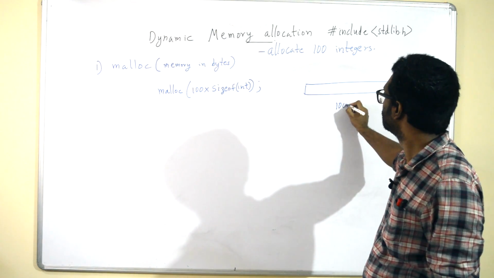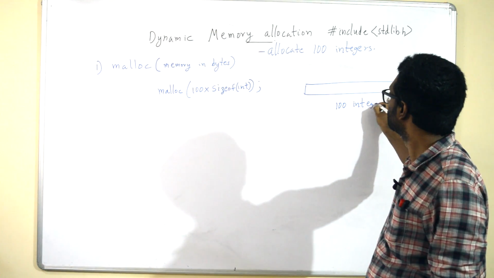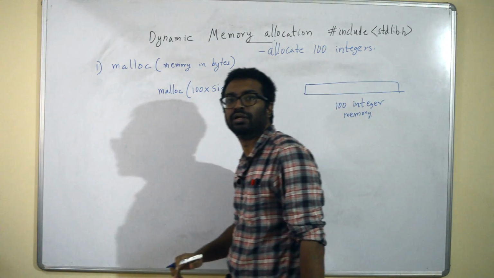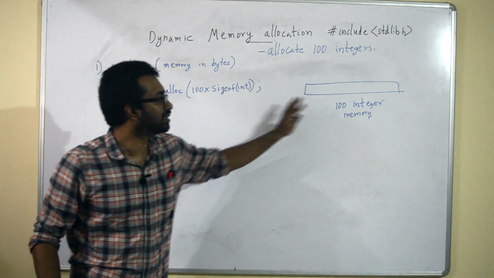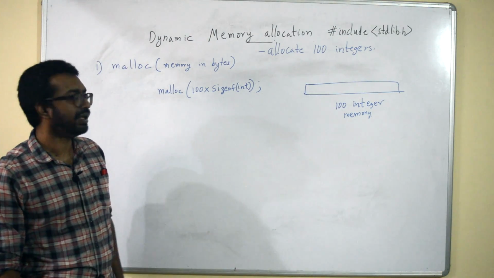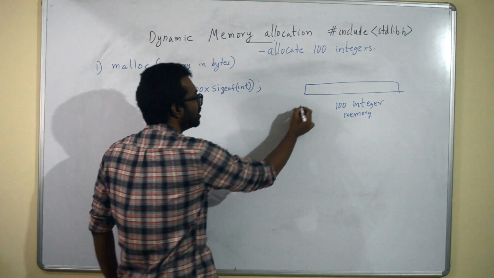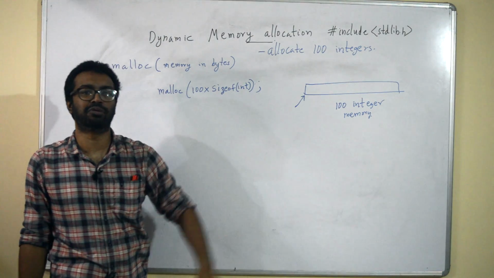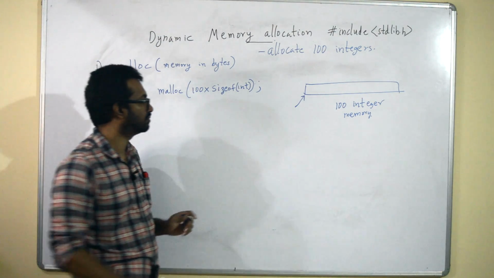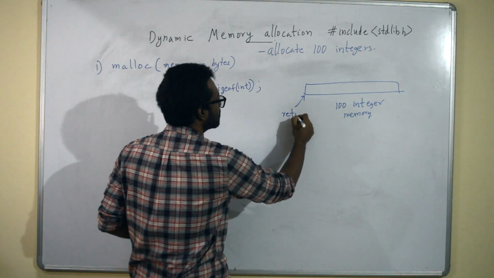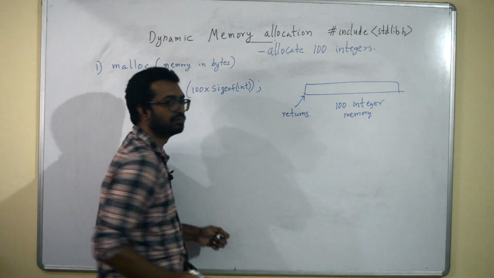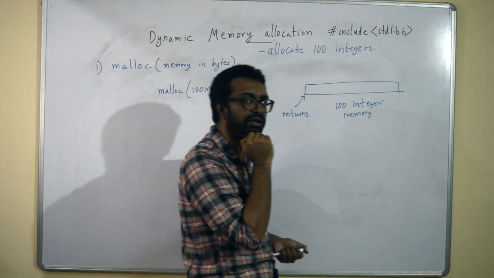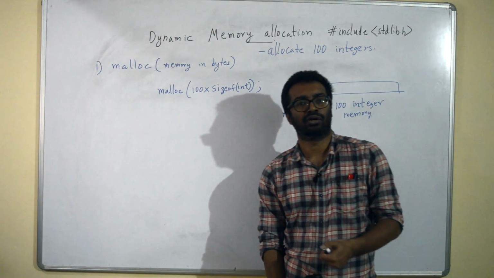So malloc allocates this 100 integer memory and it's going to return a pointer to this position. The start of this memory block is what it's going to return. Is it clear? Okay. Now, this pointer which is going to be returned, is it going to be int star or char